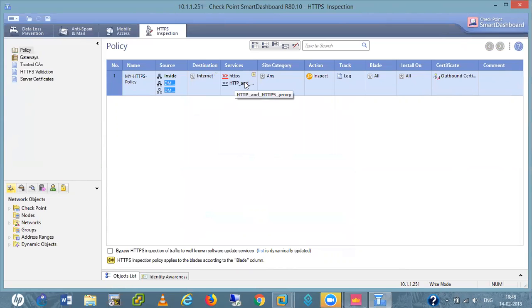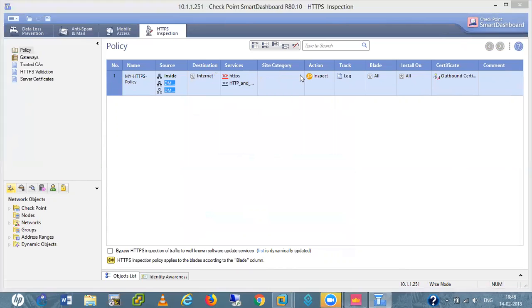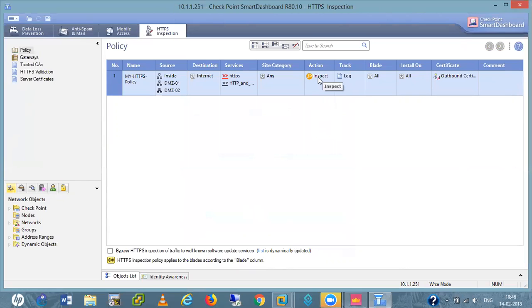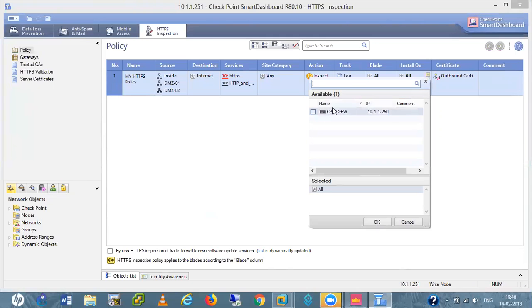And here I define the site category. So let me include all the sites, any site for now. Action is inspect, log, and enable blades for all blades. Installation: I select the installation target, which is the Checkpoint head office firewall.